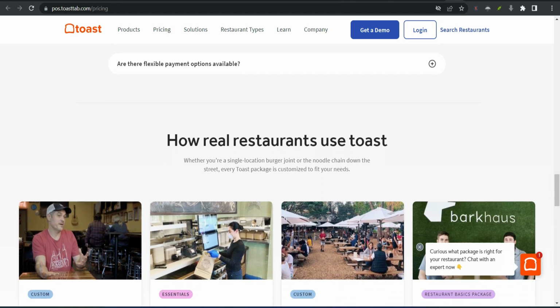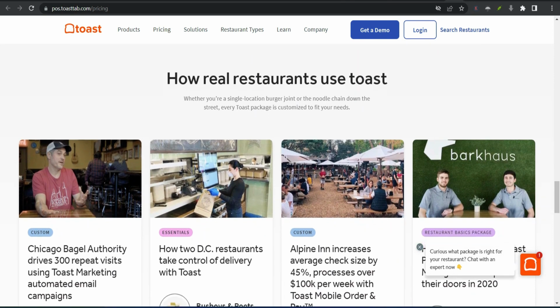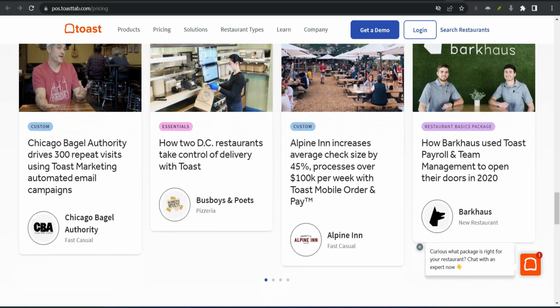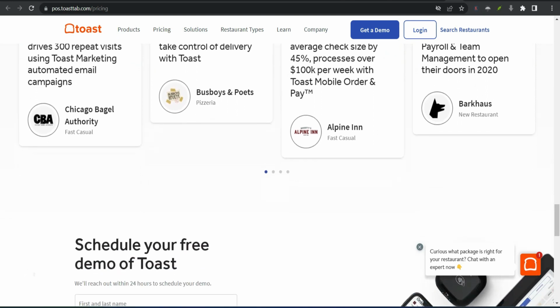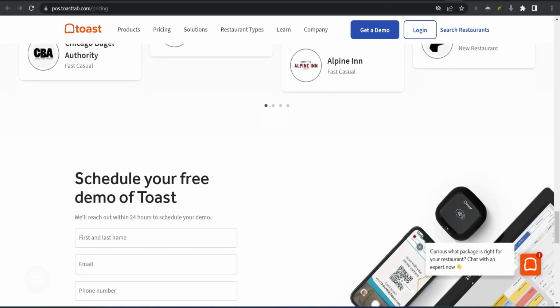Online ordering and delivery. Customers can place orders online and track their delivery status in real time. This feature is perfect for businesses that want to offer delivery but don't have their own drivers. Toast will even ping its network of drivers to find someone to take the delivery in your area. Online ordering isn't available with its free plan, however, so you'll need to upgrade to a paid plan to access